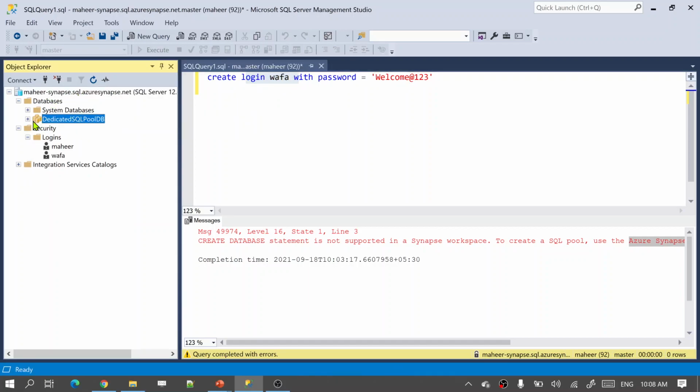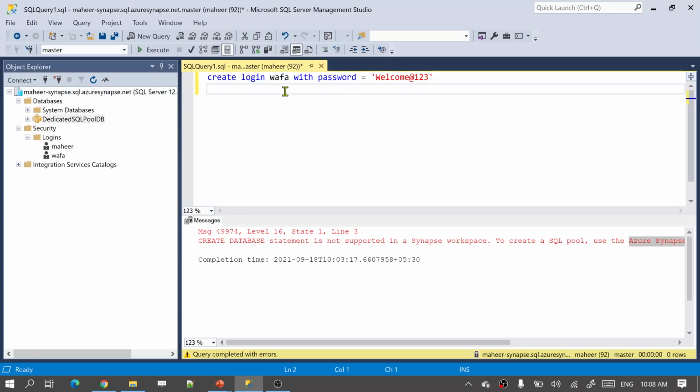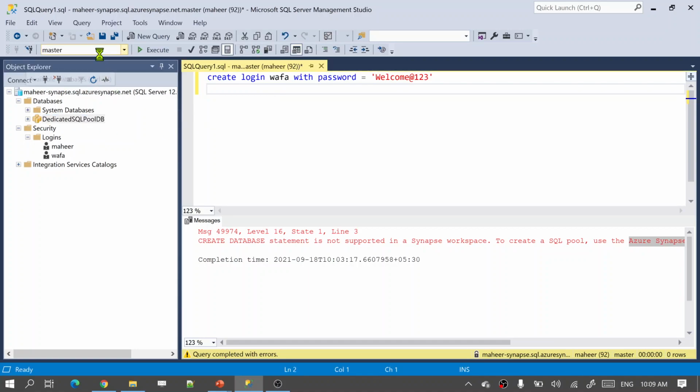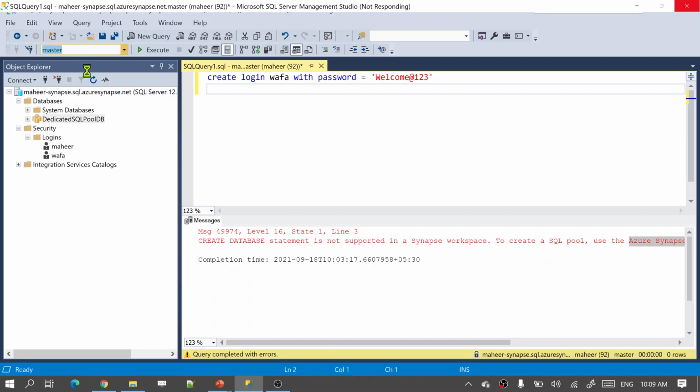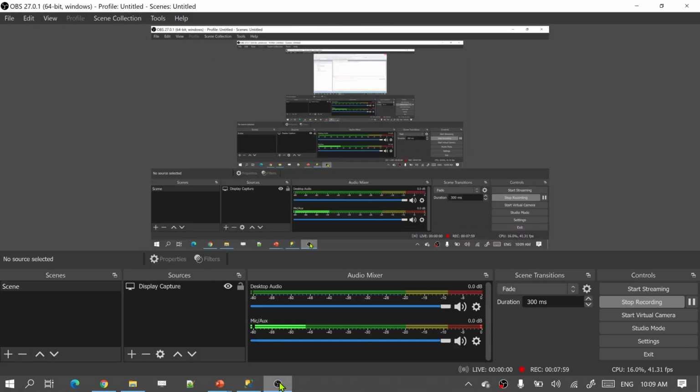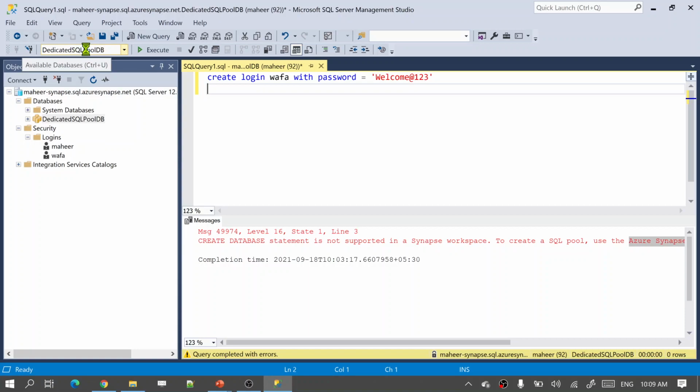But whenever you try to expand this database, or work with the database, it will throw you an error. You have seen this in our last video, right? So let's create a database user also. To create a database user, first I need to make sure to select this context to my database, because the user has to be created inside the database. So let me execute my query in the database context in which I want to create a user. My database context is selected here properly.